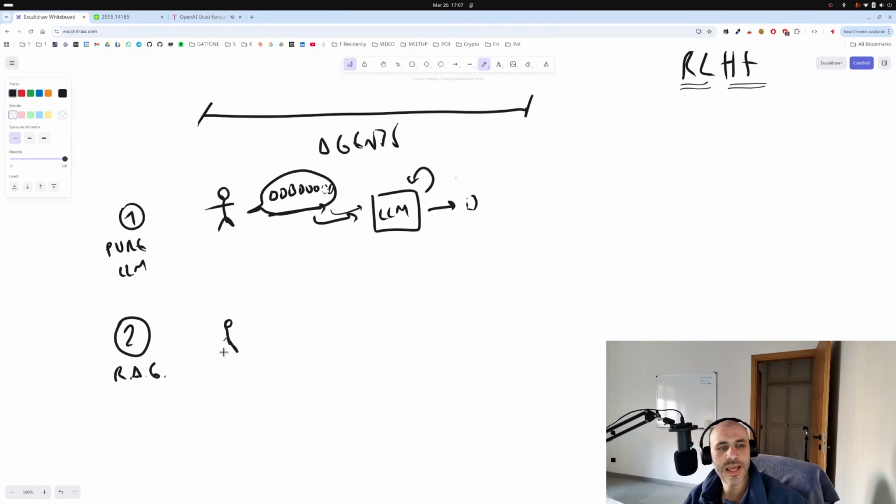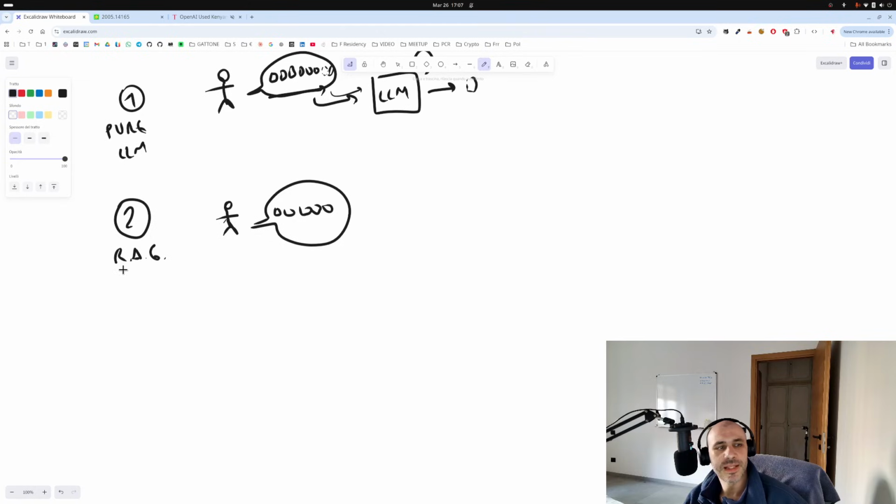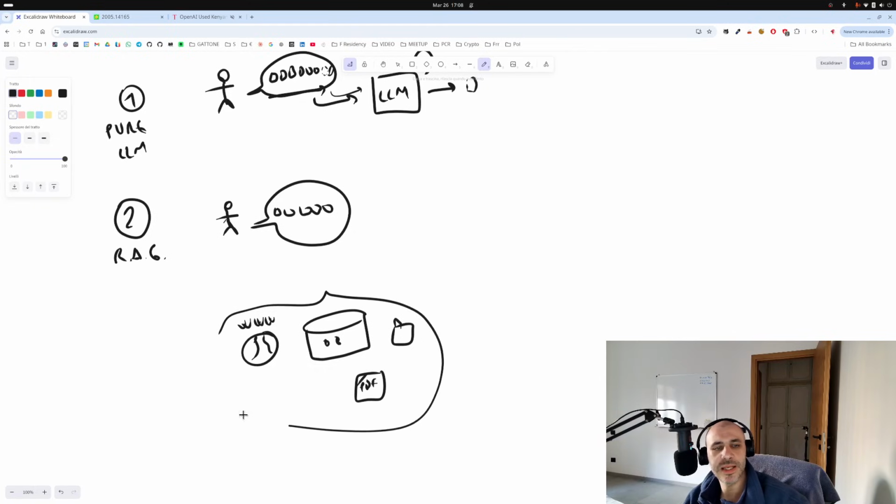In this case, you take the user prompt, and this means retrieval augmented generation. Why is the generation, which is producing tokens, augmented by retrieval? Because you have some kind of database somewhere or a search engine. Imagine using the Google API or a DB or a file system or a group of PDFs or whatever. So you have some sort of knowledge base.